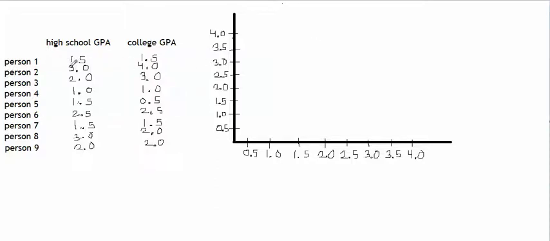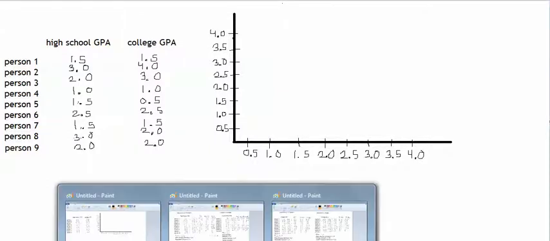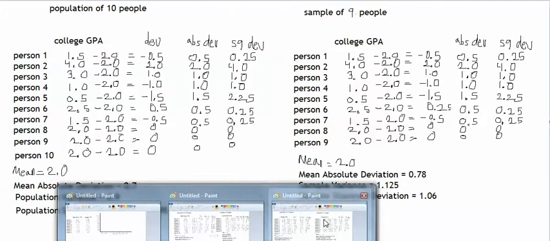Now let's say that we have a sample of 9 people, and we have the high school GPAs and the college GPAs of the 9 people in the sample. These are actually the same 9 high school GPAs and the same 9 college GPAs that I showed you before when we calculated the standard deviations. So we can actually get the standard deviation that we had before